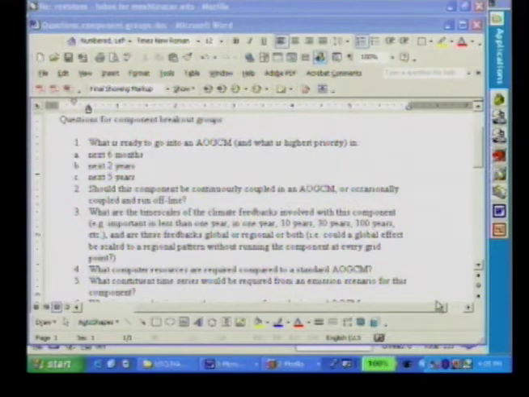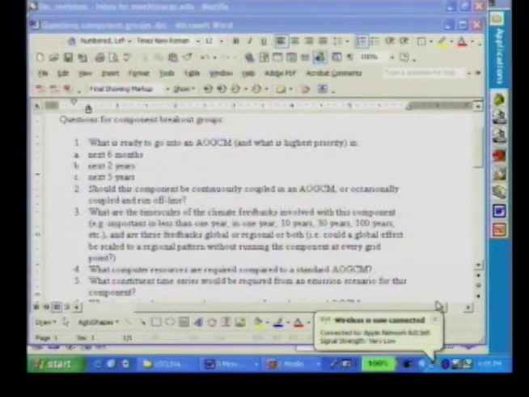But in discussing it, it may make more sense to combine carbon cycle and dynamic vegetation into one breakout group, and aerosols and chemistry into another breakout group. Those two are pretty closely related, and we have a small group anyway, so you may get better discussions going with two breakout groups. So if we do that,